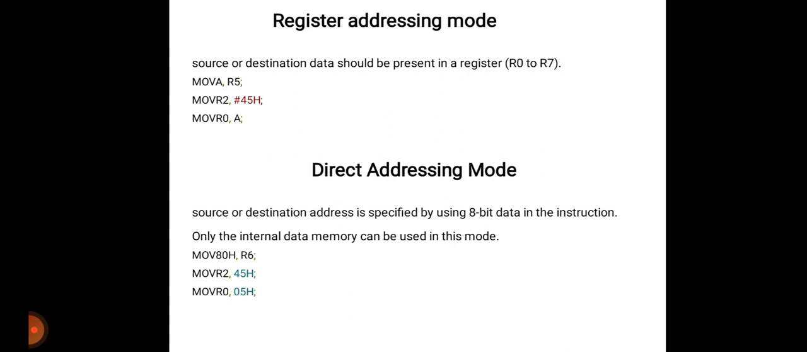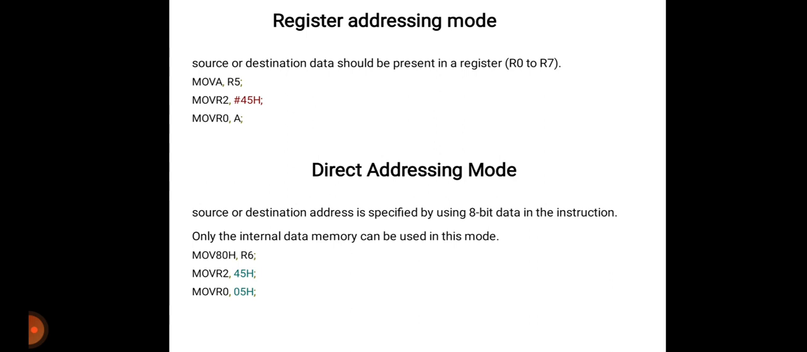So in that addressing mode, the source or the destination address is specified by using the 8-bit data in the instruction, and only the internal data memory can be used in this mode. Here are some examples of this: MOV 80H, R6; MOV R2, 45H; MOV R0, 05H. So the first instruction, that is MOV